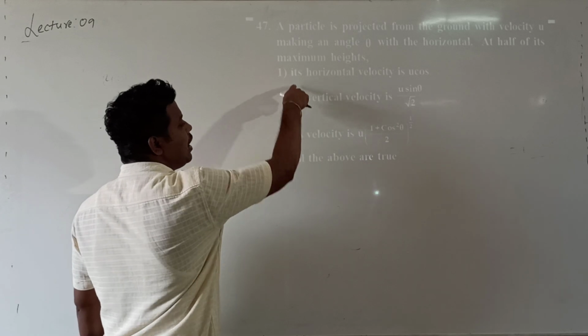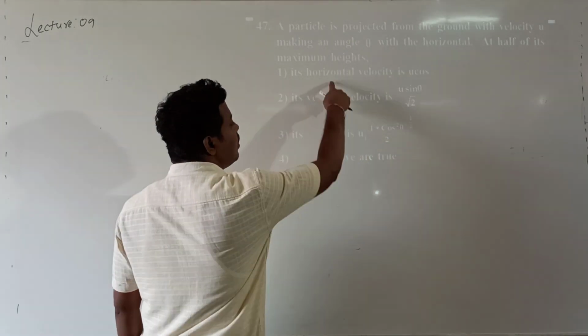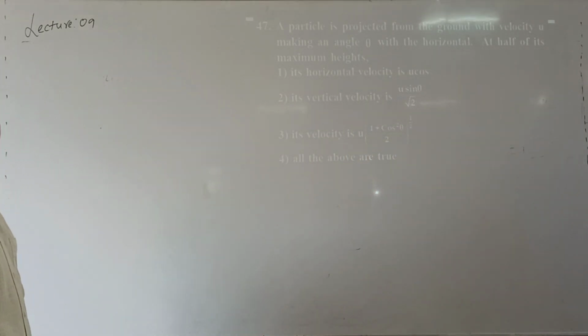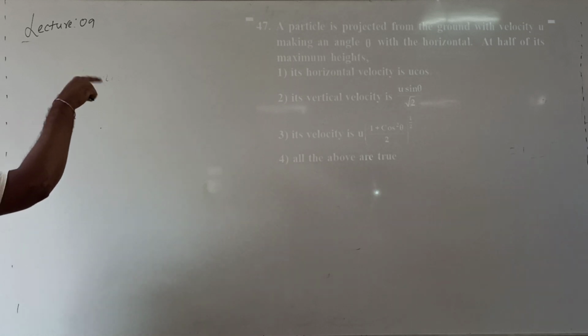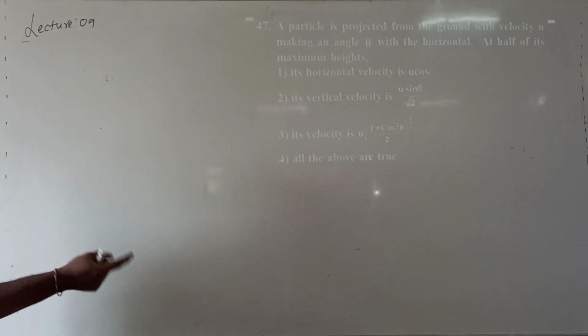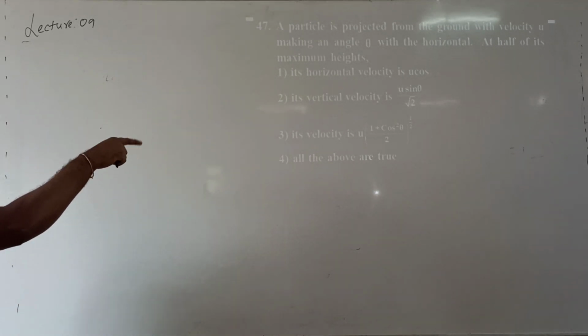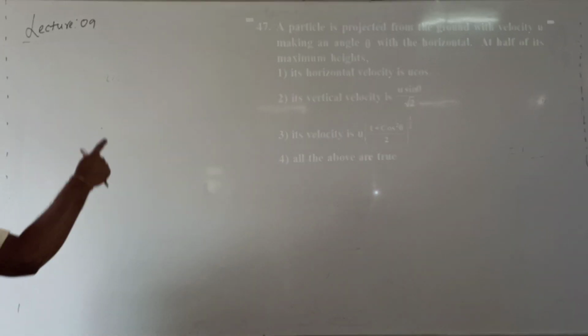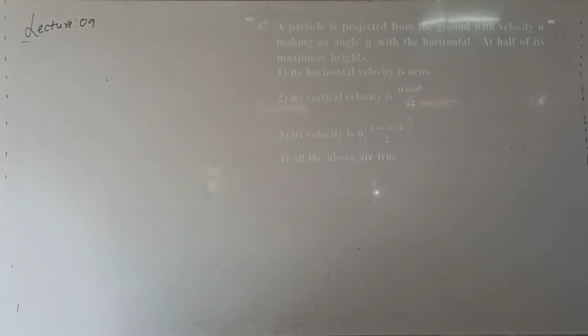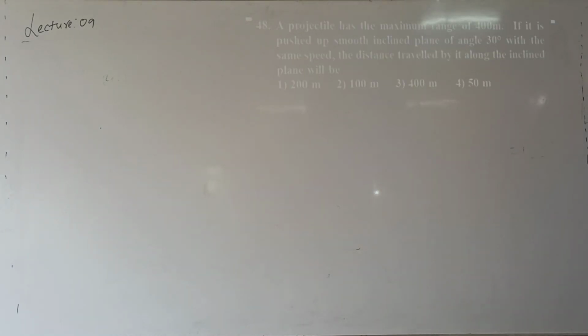So 3 options are correct. Because we discussed this, I have not derived it again. If you have any doubt regarding this, check the last class, the second class of the synopsis, before you go through level 2 questions. Whatever synopsis classes are done, go through that class. Okay, this is question number 47, and all the options are correct.